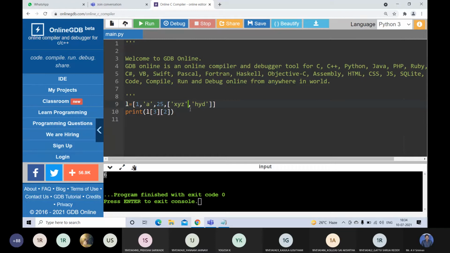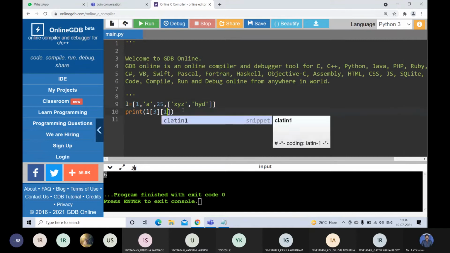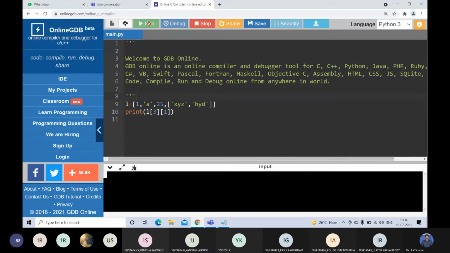This is 0, this is 1, this is 2. If you want to print HYD, what do you have to write? L of 3, 1. You will get HYD here. Like that you can write the nested list, and from that nested list you can obtain the elements by the index values. That's about the lists concept.